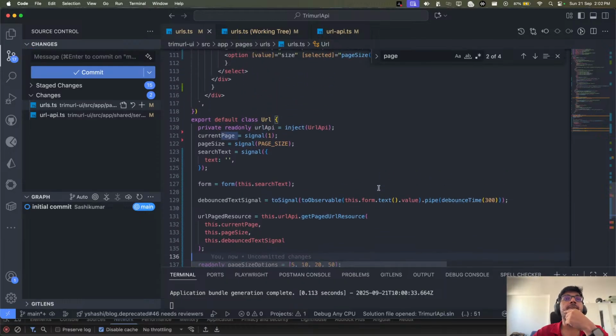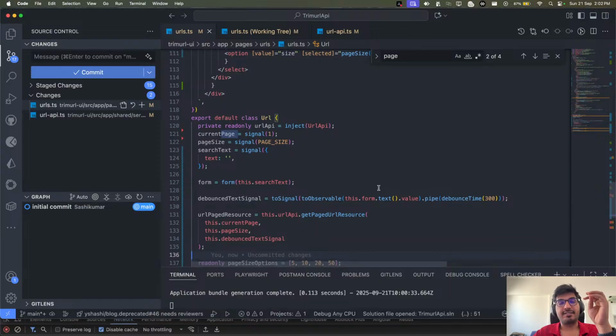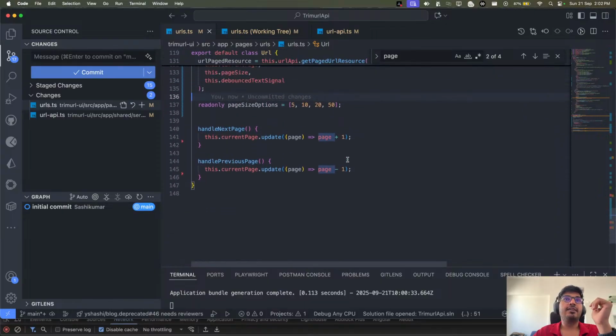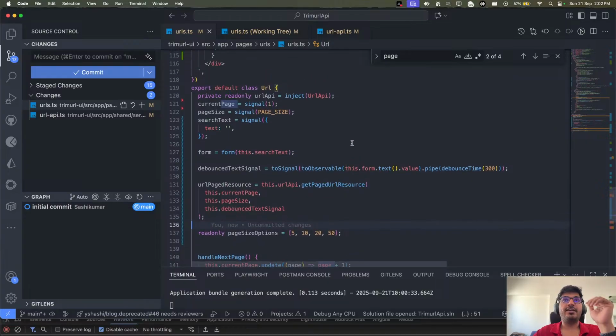So this is what we did in today's live stream, where we discussed how we can make use of signal APIs. For example, we first saw how we can use computed to build a query. Then we saw how we can make a single source of truth by creating a loader function. And now finally we have gotten rid of everything.